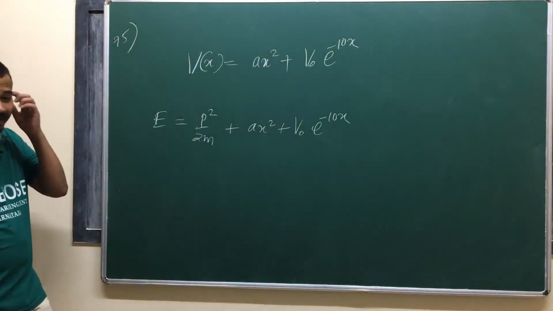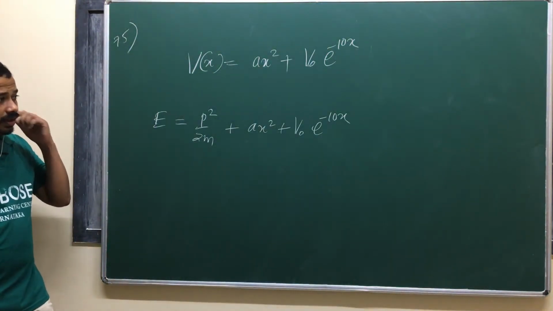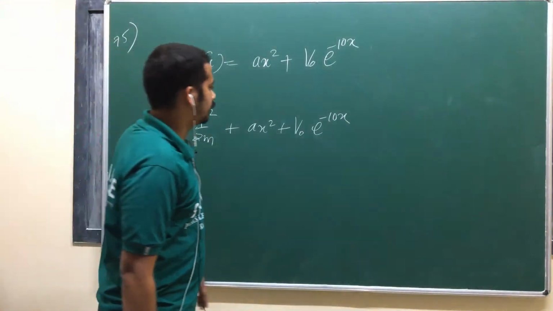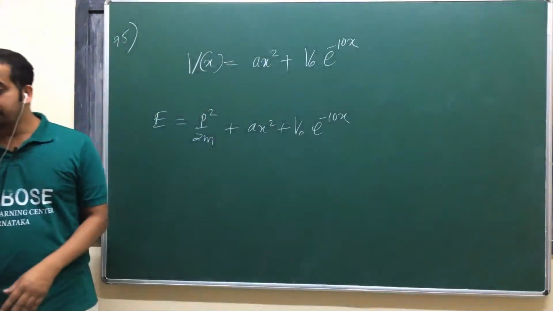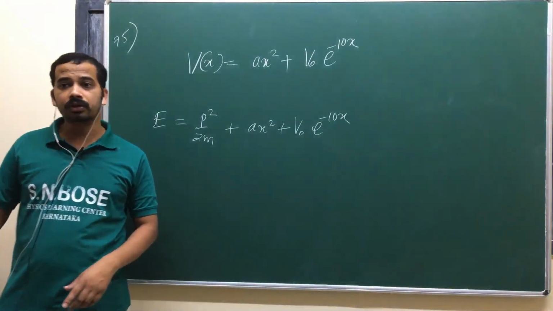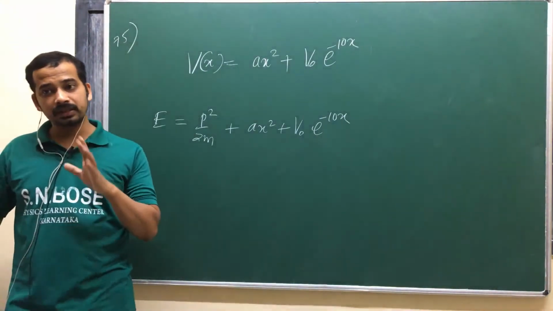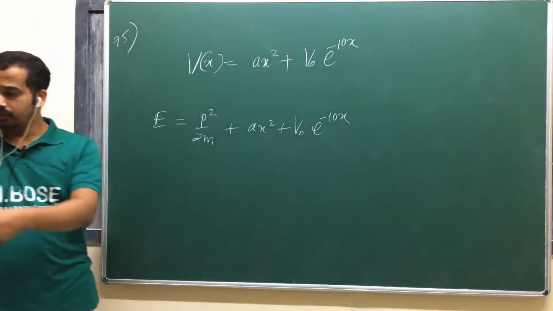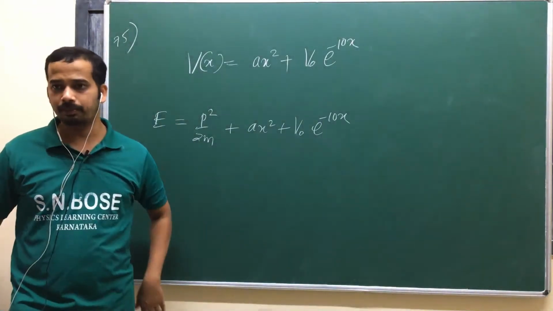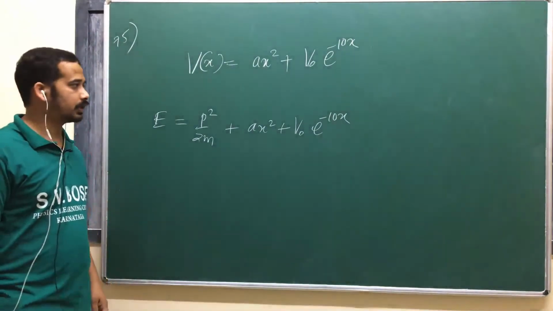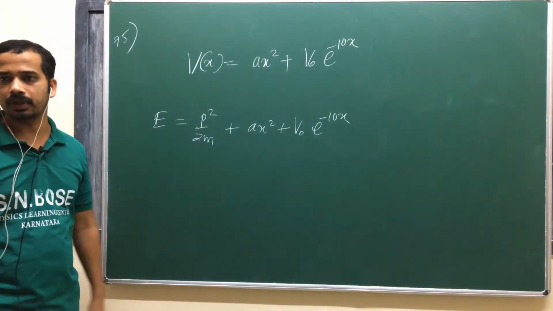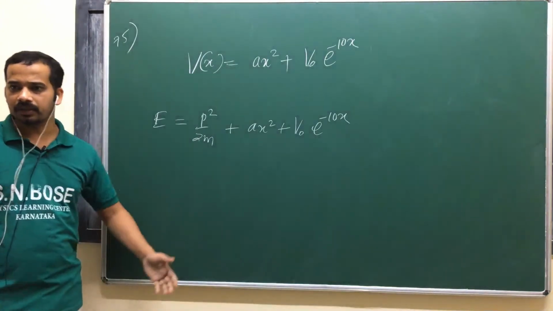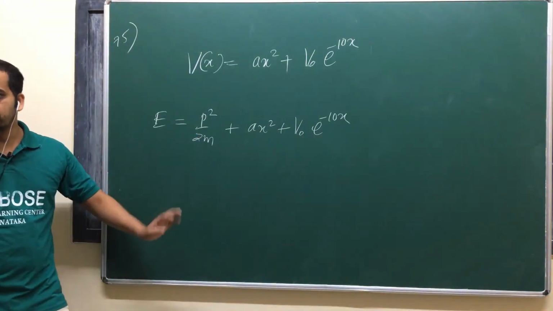So the next one, again, I have given one idea: look at here, all ellipses, all curves are closed curves, am I right? You should get one idea that it is a bound state. For a bound state, the phase space trajectory is a closed curve. So just watch the video that I have mentioned in the web page about phase space trajectory. I have discussed a lot of ideas about phase space trajectory. If you digest those ideas, within no time we will answer this question. You don't have to solve.